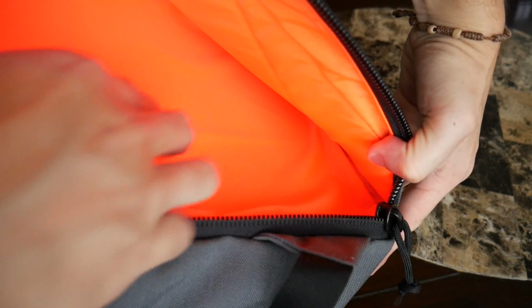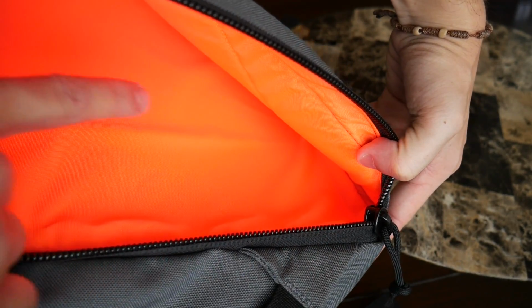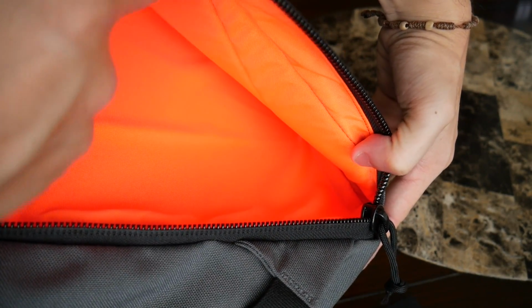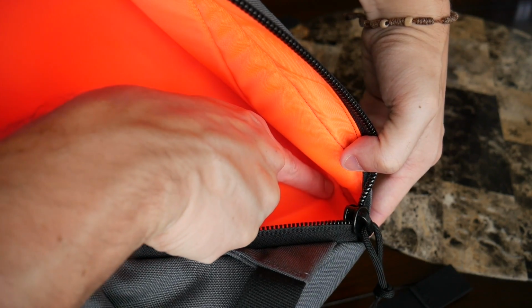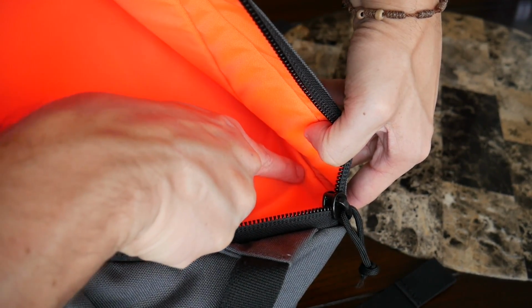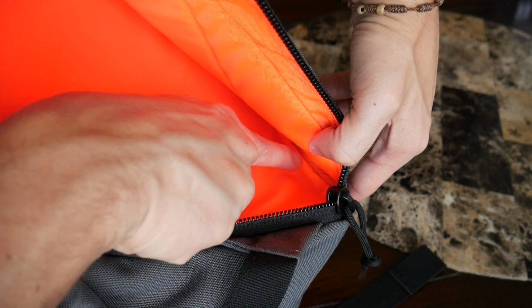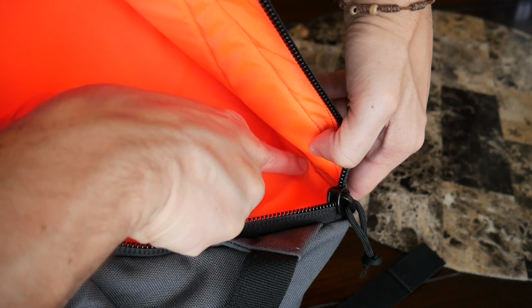One thing I was happy to see is that it does seem to have some sort of padding on the bottom to protect your laptop when you're putting the bag down on the ground or something. So it has kind of this lip that sticks out here, and that seems to be pretty well padded so that when you're putting your laptop into the bag, it doesn't make contact with the ground or a hard table or something. I do wish that this would have been elevated instead of just having this little lip, because there